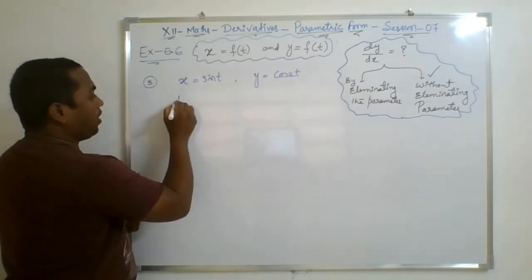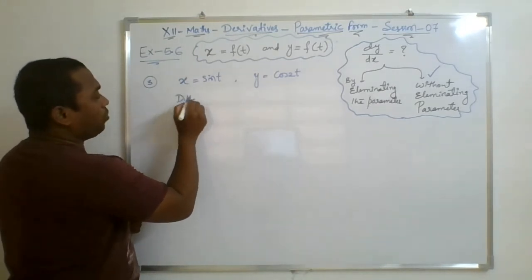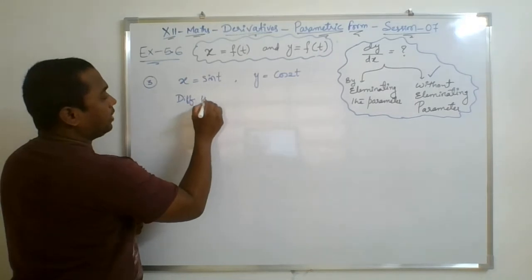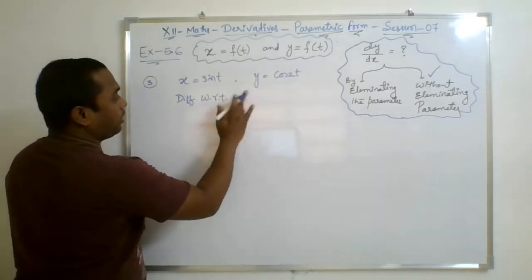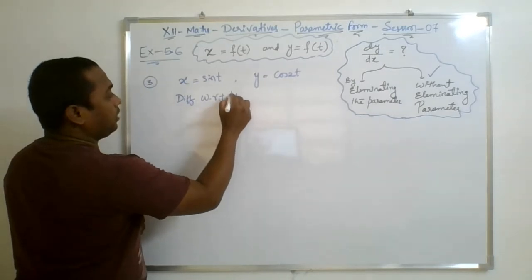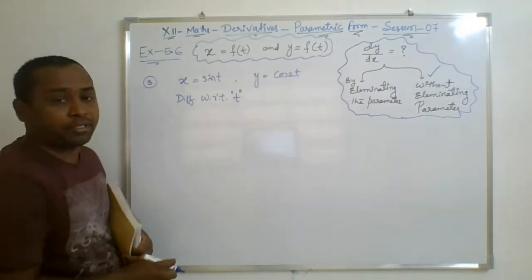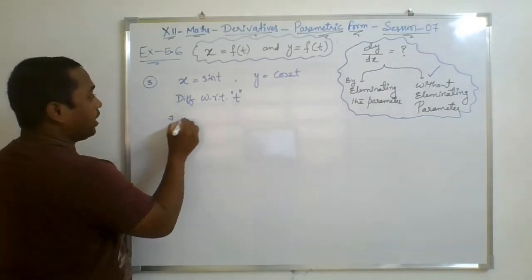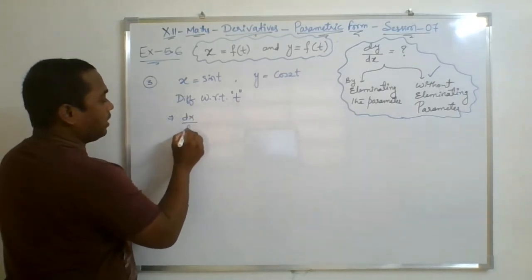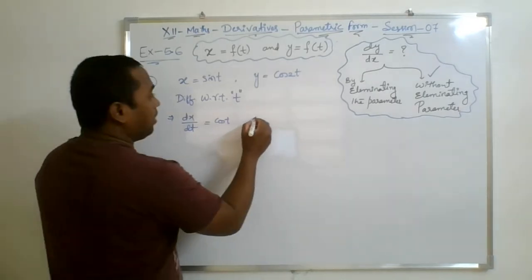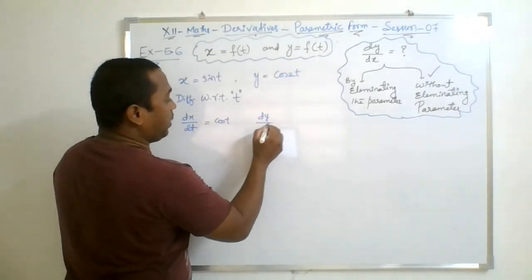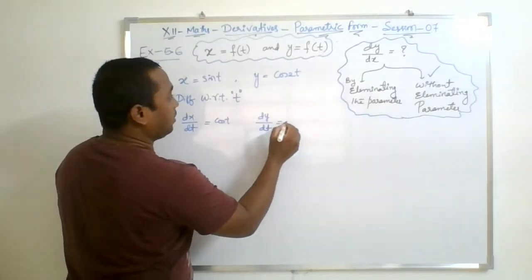Now, what are we going to do then? We are going to differentiate with respect to t, because t is a parameter. Hence, now again dx by dt is equal to cos t, and here dy by dt is equal to,